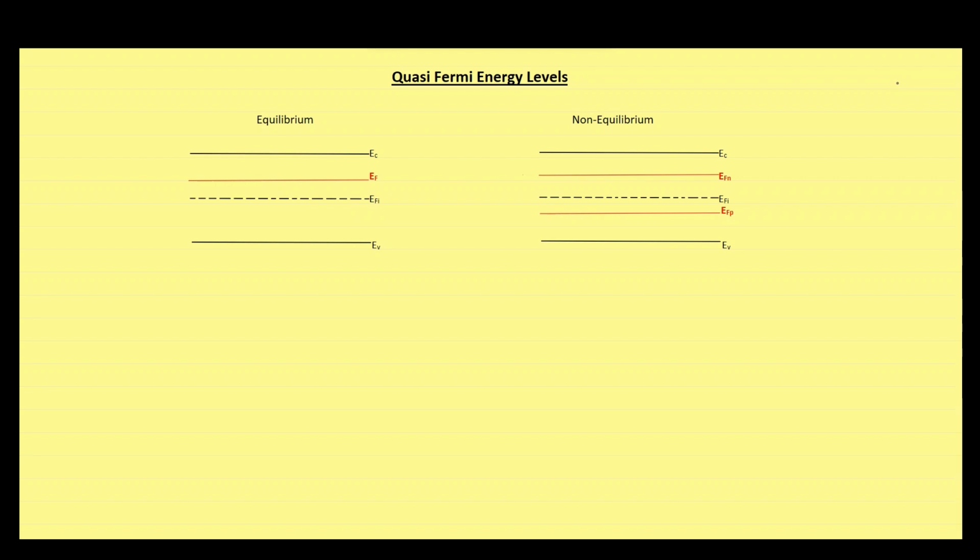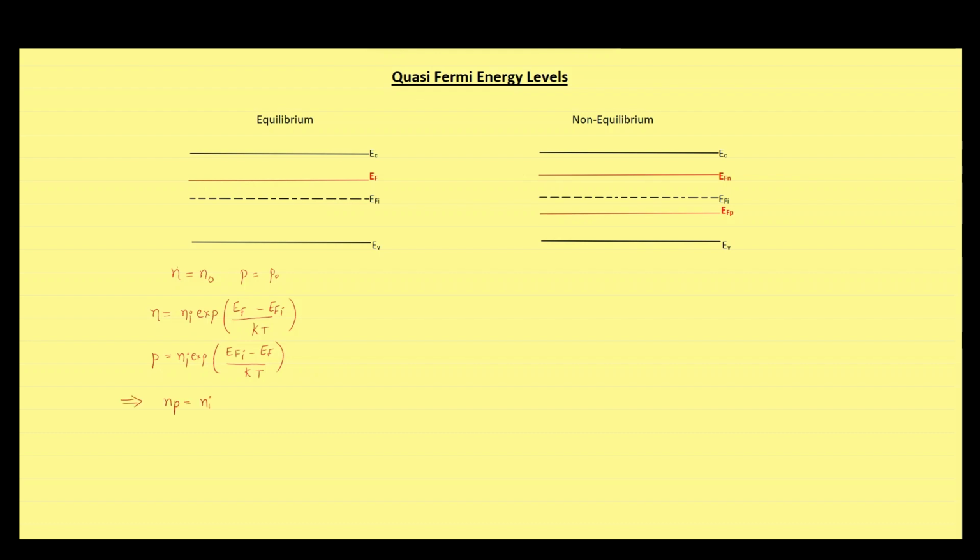We know in equilibrium, electron and hole concentrations are thermal equilibrium values. And we also know that we can write free electron concentration to be equal to intrinsic carrier concentration multiplied by exponential of (EF minus intrinsic Fermi energy level) divided by kT. Similarly, hole concentration can be written as well. You can also see that from these two equations, we can verify the mass action law, such that np is